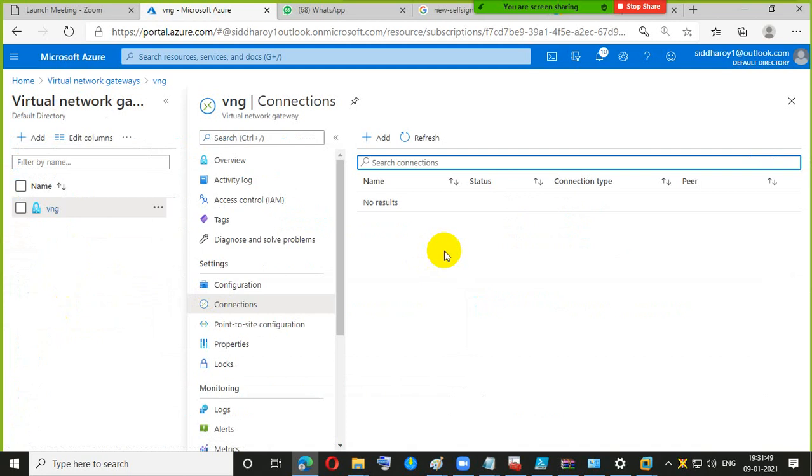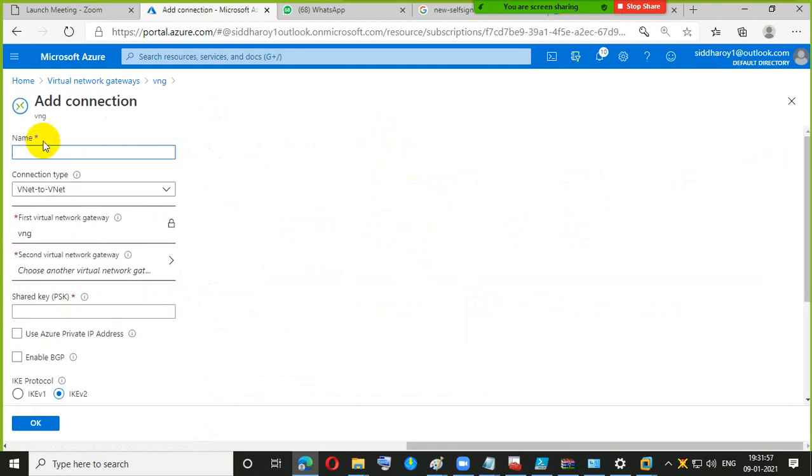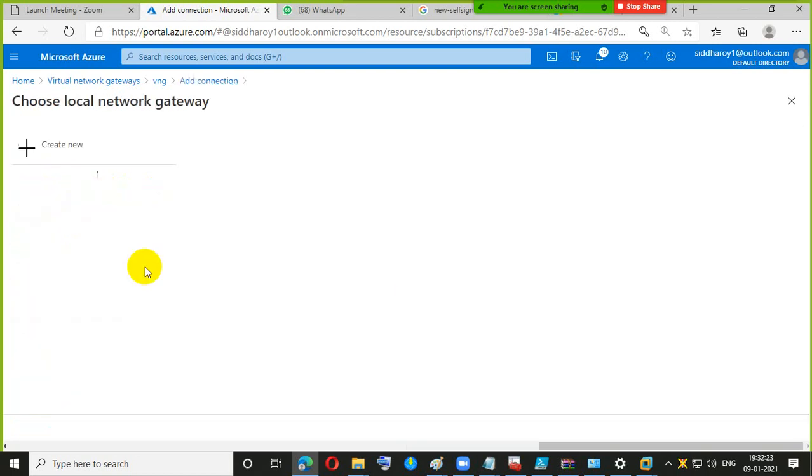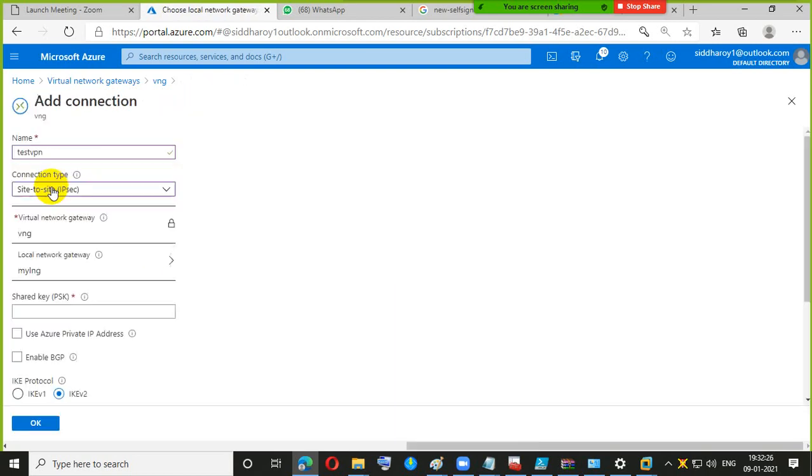There is the Connections option. In this option, click add. Here we will see there is an option, and I have to select Site-to-site VPN. Our VNet already comes there, and the local gateway is already there.